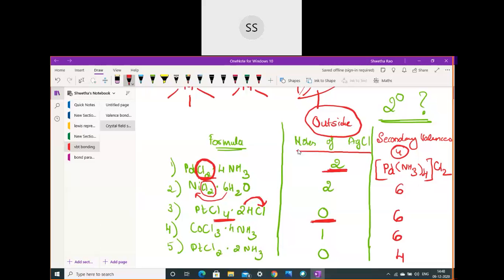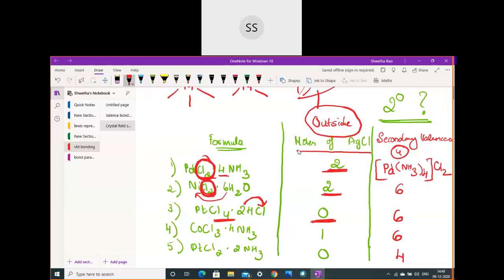See now, if they write that the number of moles has precipitated out, that means you remember those ions are always present outside. Okay, I will write here, outside. These ions are always present outside, and they will directly react with the compound which you are taking. Like here, what they have done is made it react with silver nitrate. So when you added silver nitrate, immediately whichever chloride ions were present outside reacted and gave us 2 moles of silver chloride. Here I am talking about the first compound.